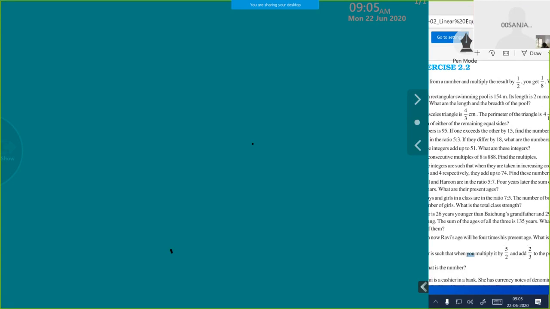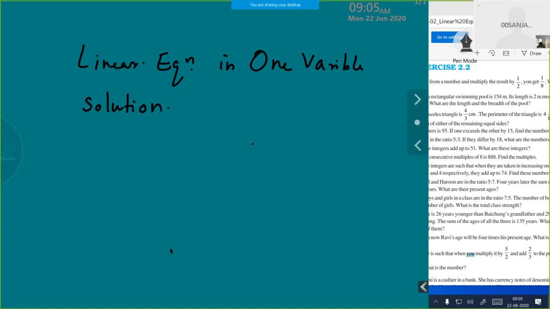We were discussing linear equations in one variable. So I just revised it, that linear equations in one variable. Okay? So I hope all of you remember what we learned: one variable, equations, degree 1. So combine that, linear equations in one variable, and we learned how to find the solution of these equations. This also we discussed. So what is the definition of a linear equation and how to find the solutions of linear equations were the topics we were dealing with last week.